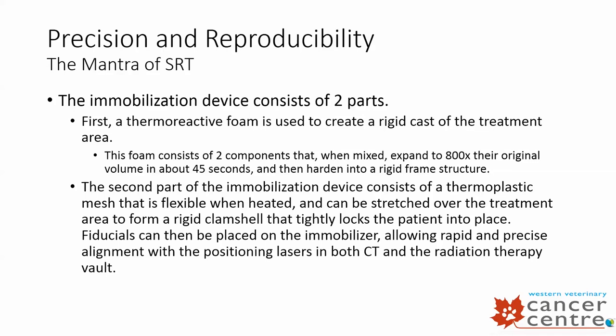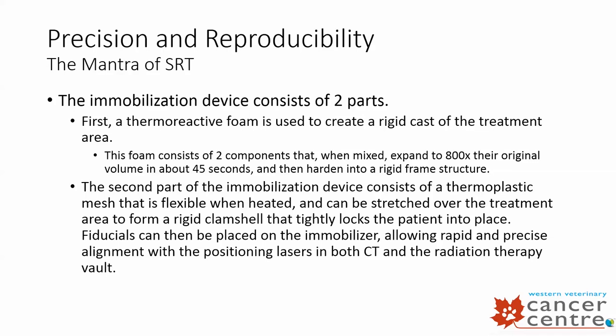So the mantra of stereotactic radiation therapy is precision and reproducibility. We have to be able to lock a patient into place and to be sure that we can get that patient reproducibly positioned, so that the position they're in for the CAT scan and the position they're in for treatment 1 and treatment 2 and treatment 3 are exactly the same, or as close to exactly the same as is humanly possible. We use an immobilizer that's what's called a frameless immobilizer, and what that means is we're kind